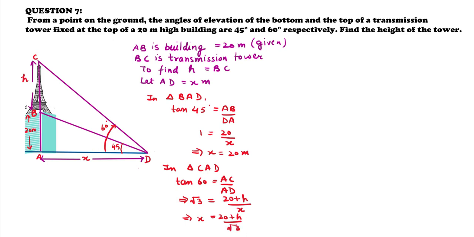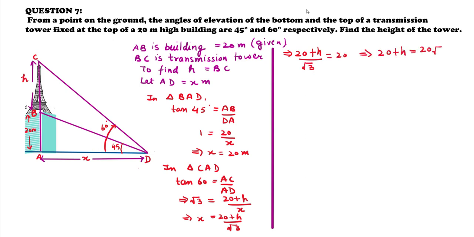So now here the decision is whether we are supposed to take tangent, sine theta or cos theta. How do we decide that? I know that I am supposed to find the height of the tower, that means the perpendicular, and I am taking the base as x. So there are two values involved, perpendicular and base. And this ratio of perpendicular and base is which trigonometric ratio? It is tangent theta. So now let's solve it further.